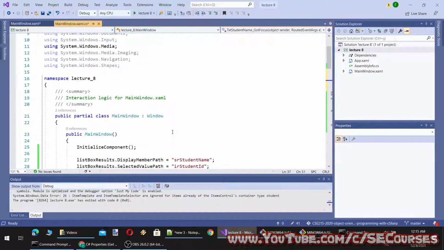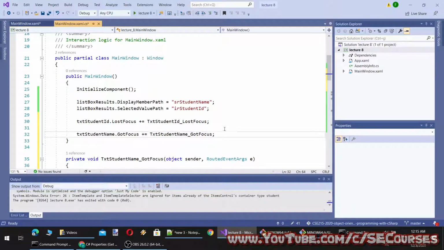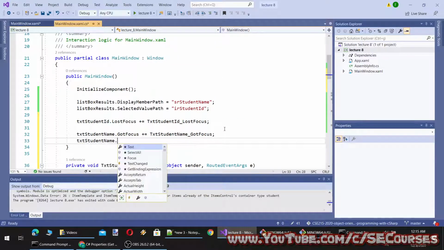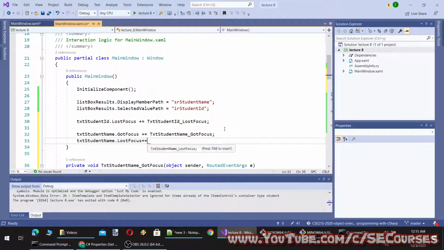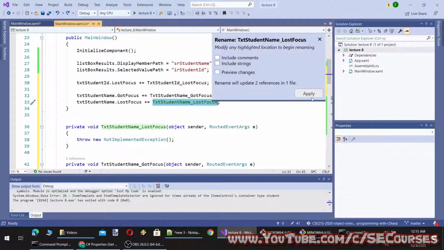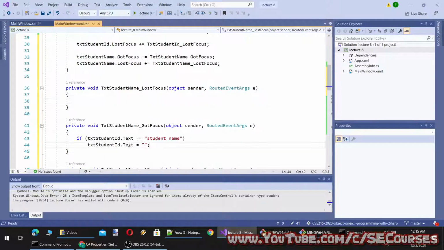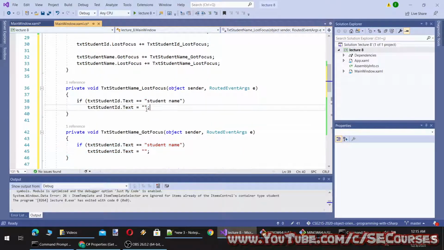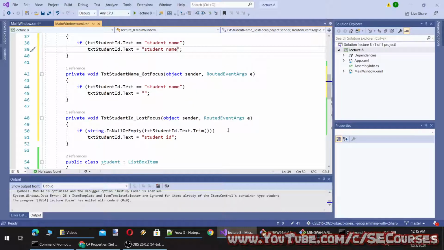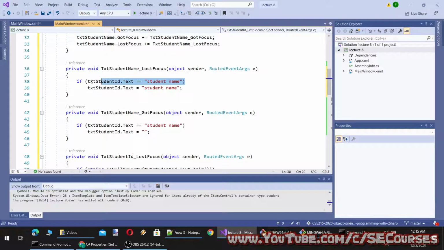Okay, and let's add lost focus. Top. Okay, and okay.